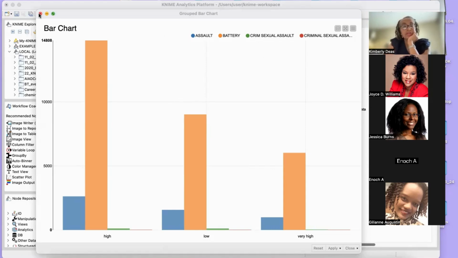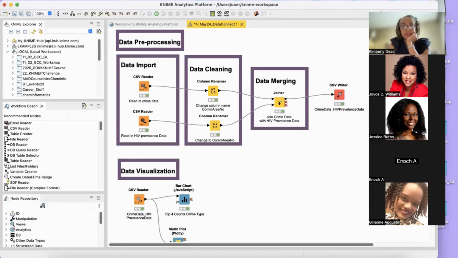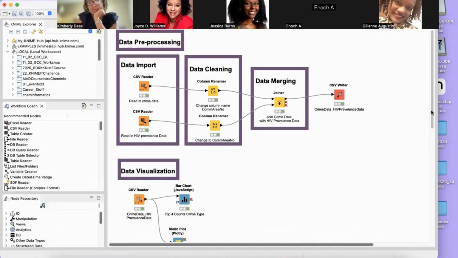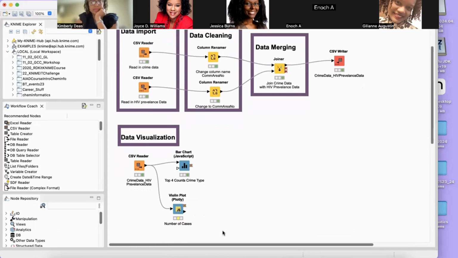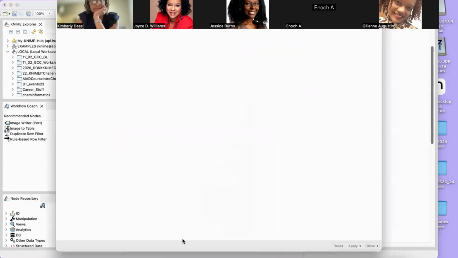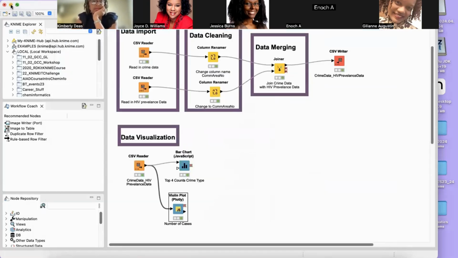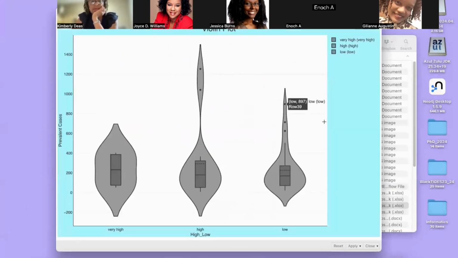Okay. All right. So let's look at the other chart, because that's the one that's going to be more meaningful, because that's the one where we're going to compare and look at our prevalence. Let me raise this up a little bit. Okay, here we go. So here we're looking at the number of cases. So let's just execute that. All right, so here we have, oops, there we go.